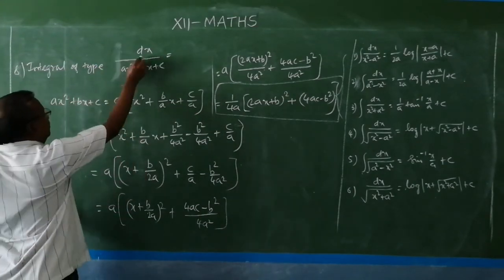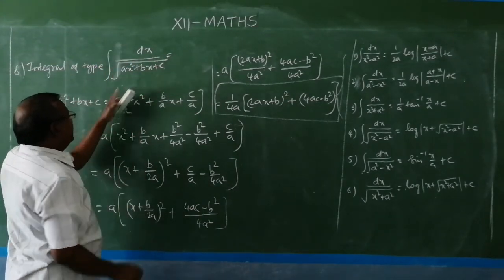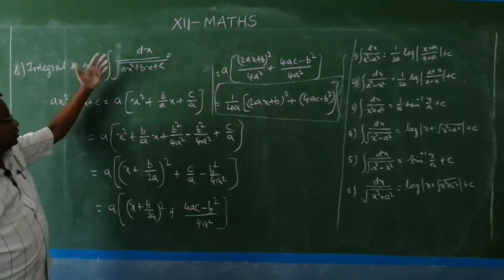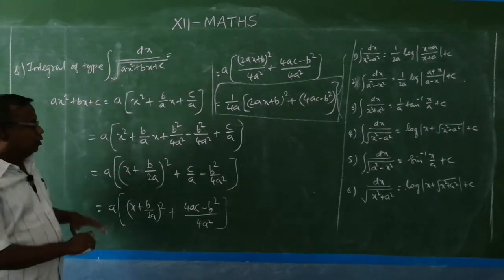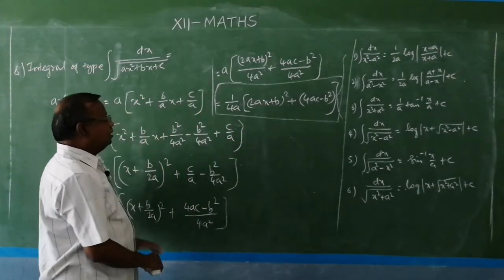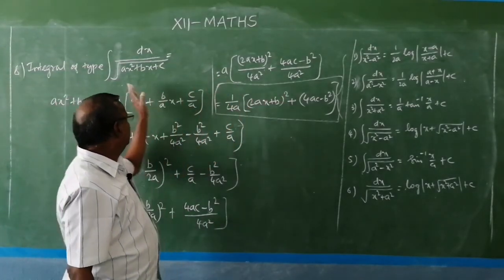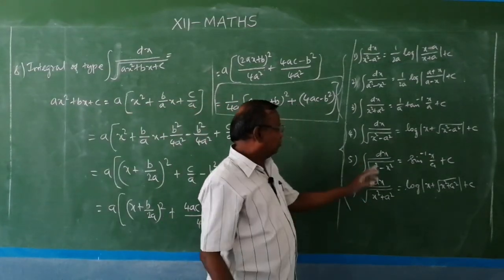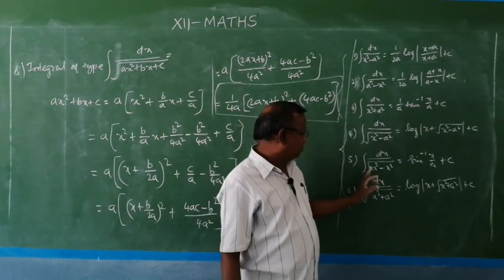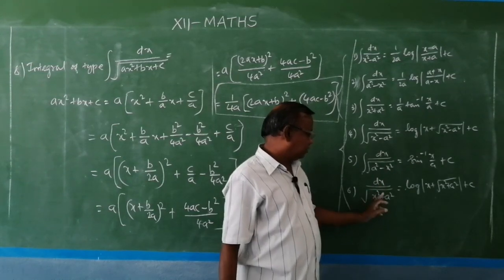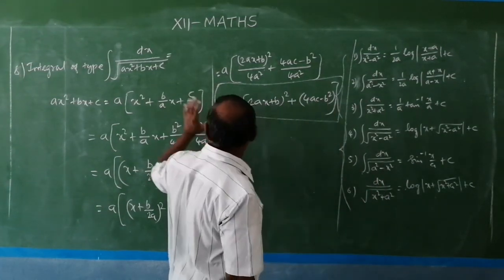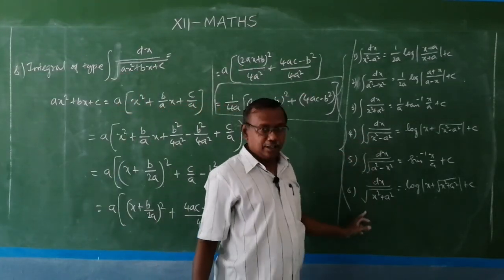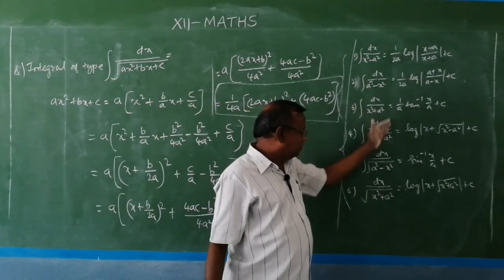And next, integral of the type dx divided by root of ax square plus bx plus c. It is also of the same type. Here the only difference is that there is no square root in the earlier one, here we have a square root. So the simplification methods are the same, and finally we put the square root for this. Then you will be getting one of these three results, that is 4, 5, 6: root of either x square minus a square, or root of a square minus x square, or root of x square plus a square. Without root means the first three types, and with root means the next three types. So finally we have to apply this formula only.